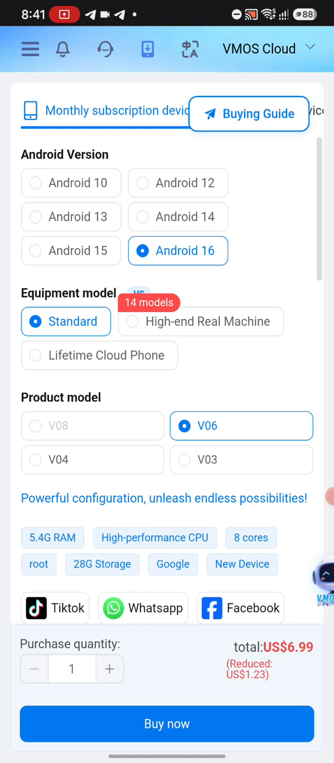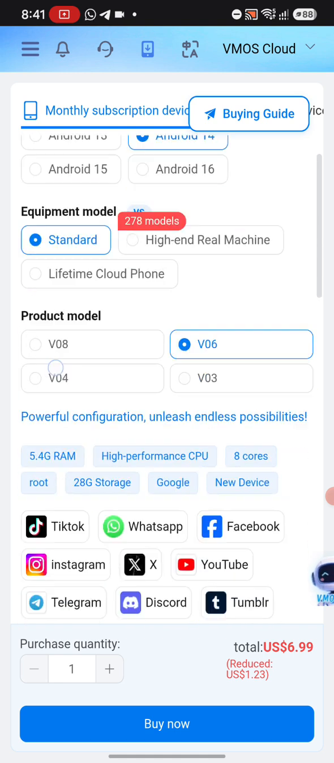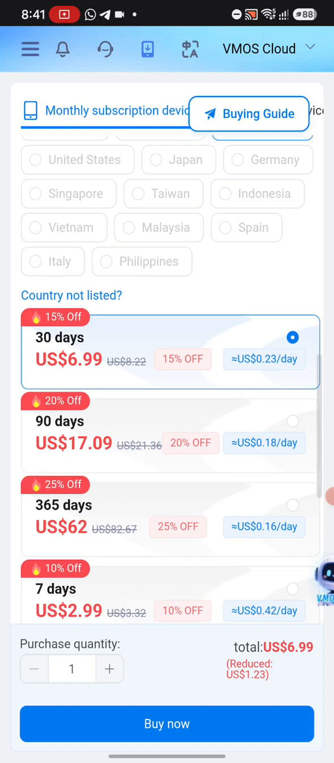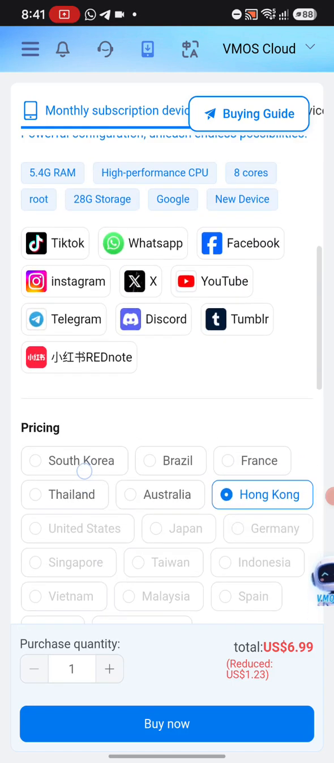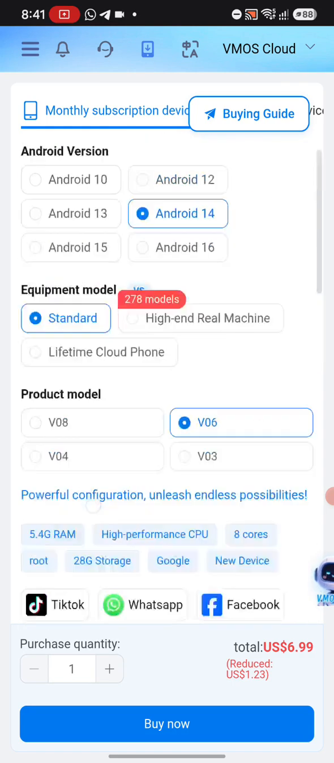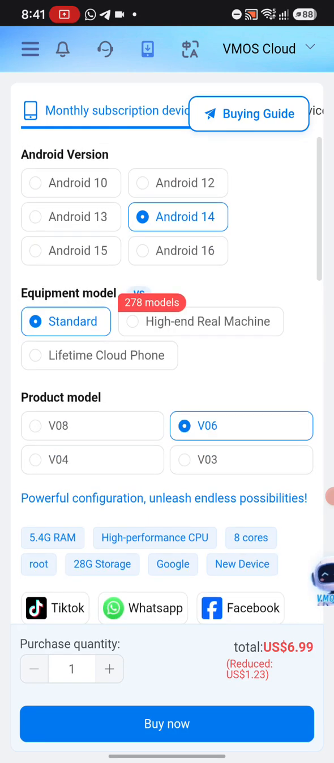So let's assume that you're using Android 16. If you want to buy a cloud phone, you go for Android 15. You understand? If you're using Android 15, if you want to buy a cloud phone, you go for Android 14, right? Then if you want a high speed machine, you can go for